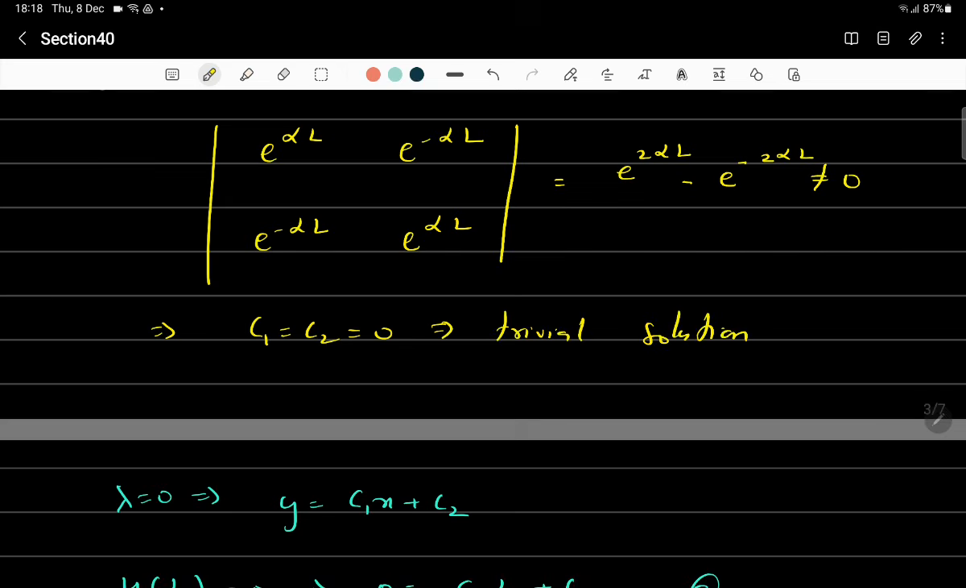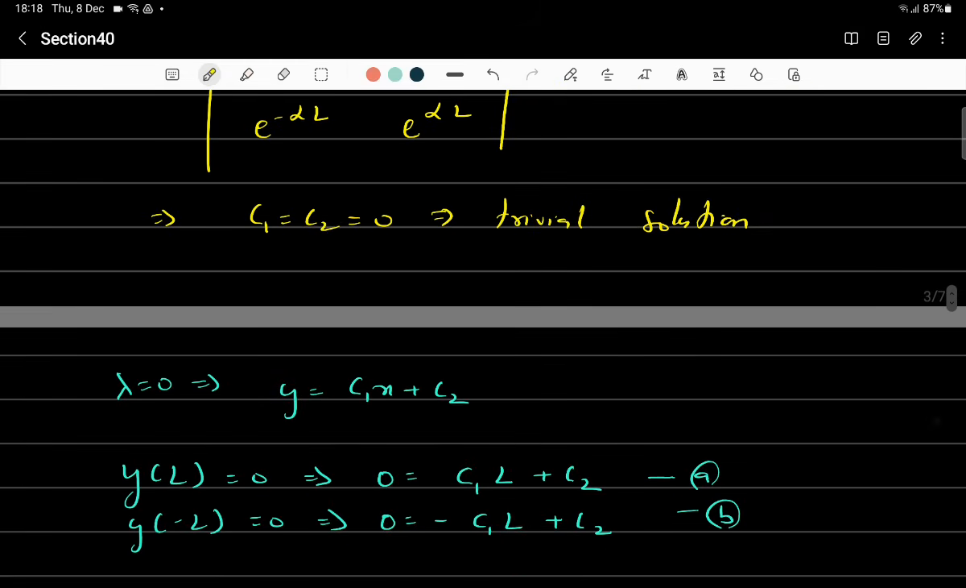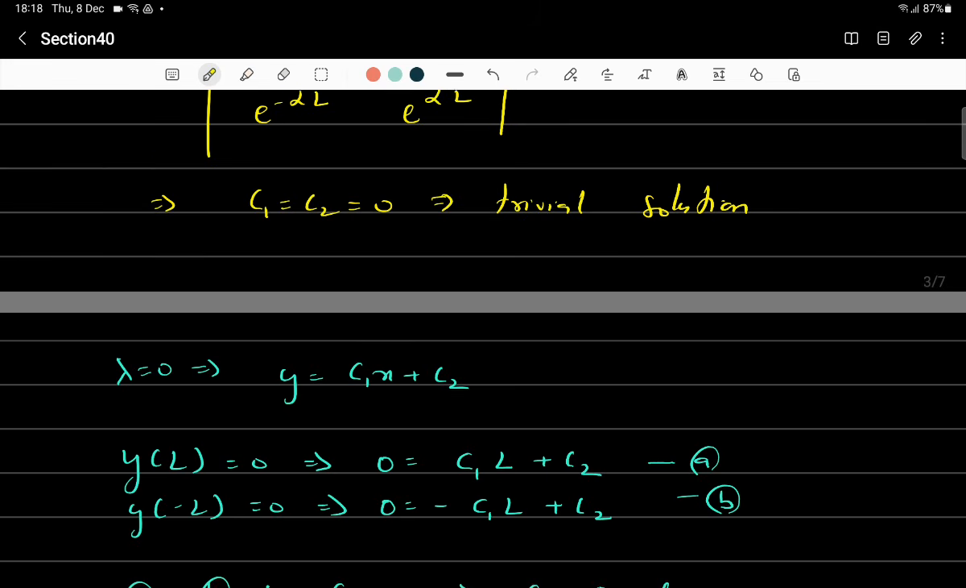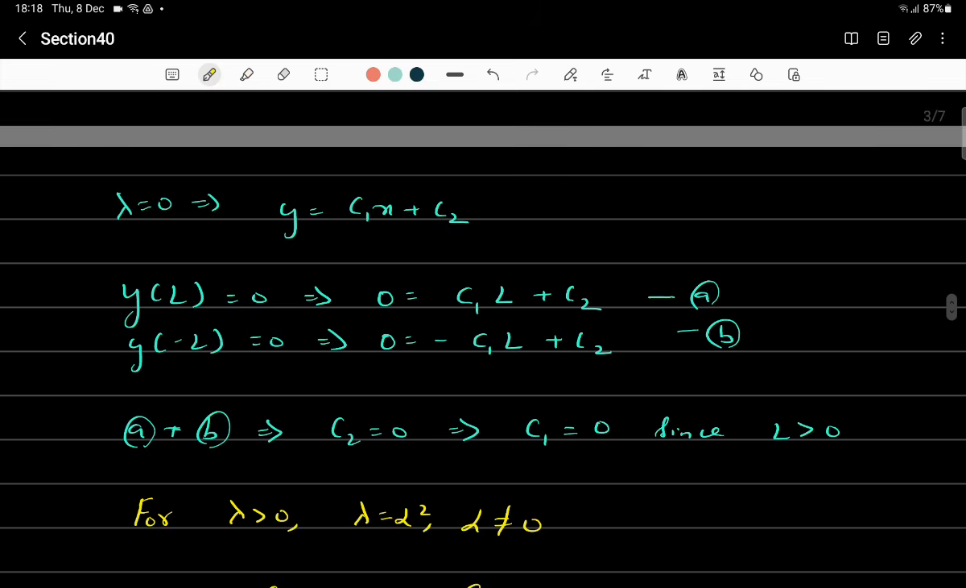If you consider the other case, lambda is equal to 0, then you will get the following two equations A and B. If you add them, that gives you C2 = 0, and by subtracting them or substituting the value of C2, you will get C1 equal to 0. So again,